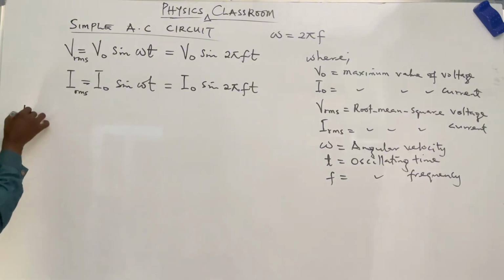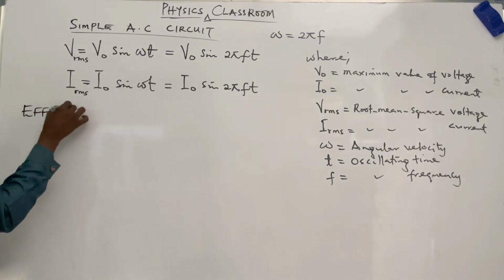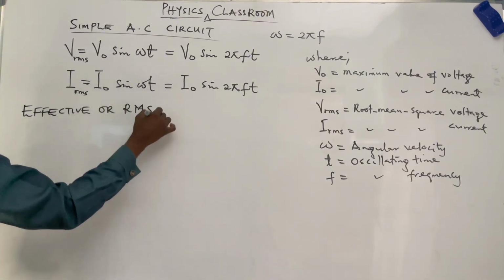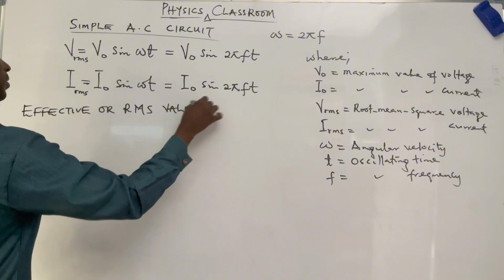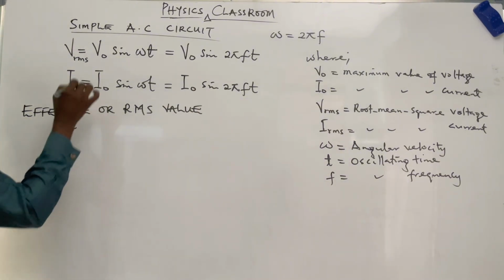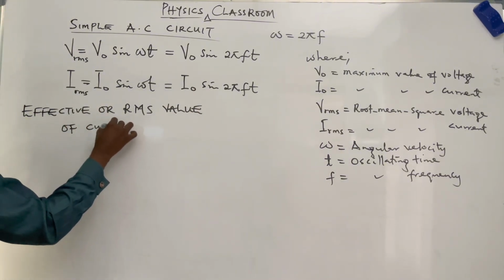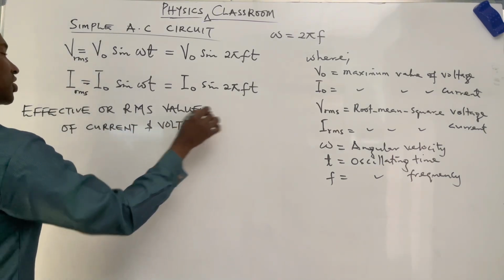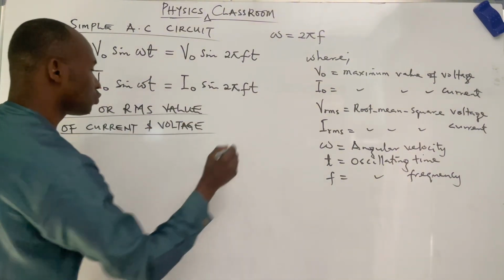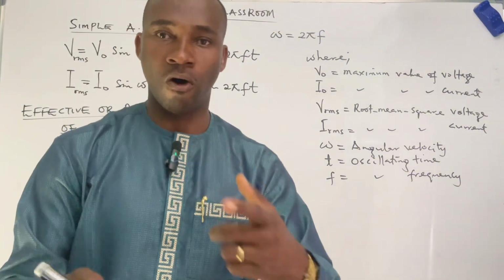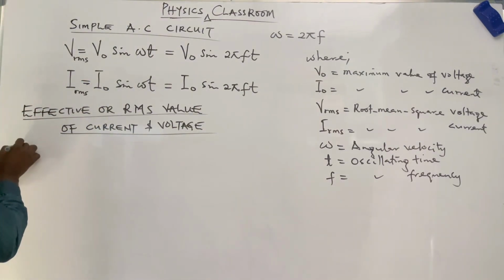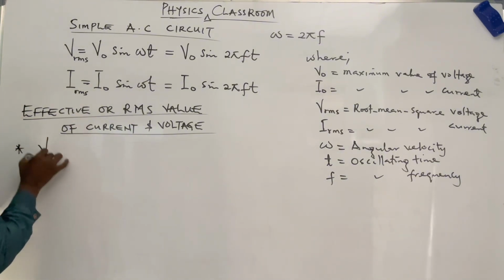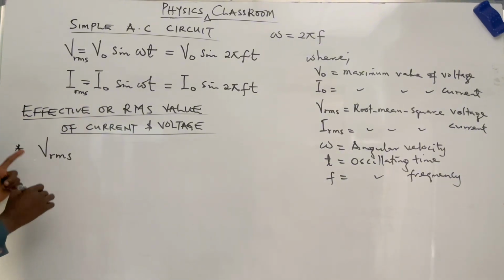That brings us to effective or root mean square value of current and voltage. Effective or root mean square value of current or voltage. We are going to be taking them one by one. The first one, effective or root mean square value of voltage, that is VRMS, and is given by the equation